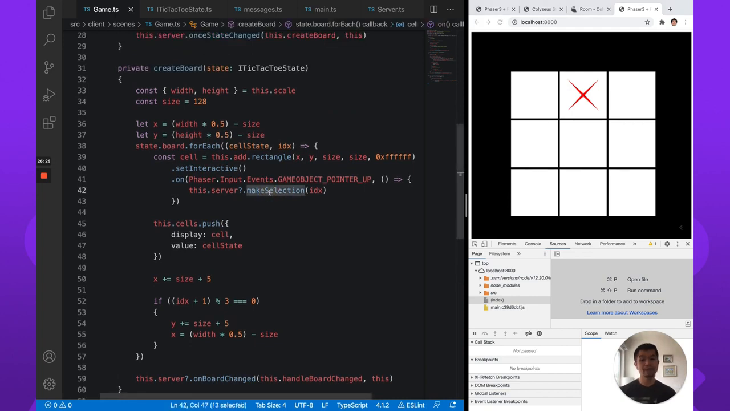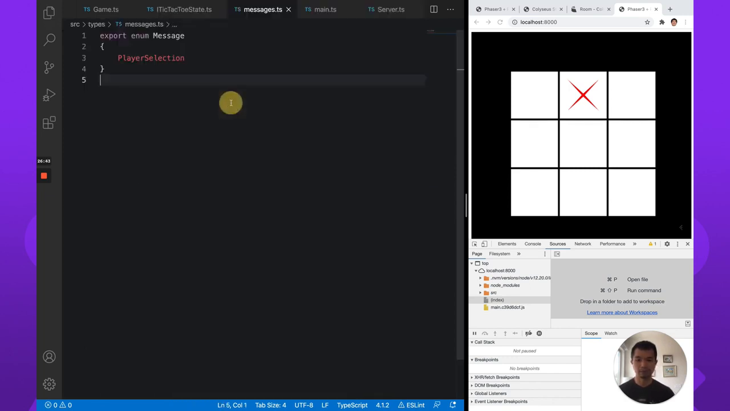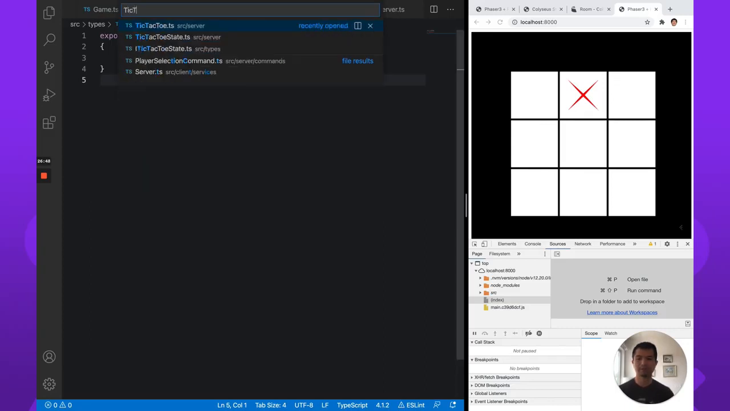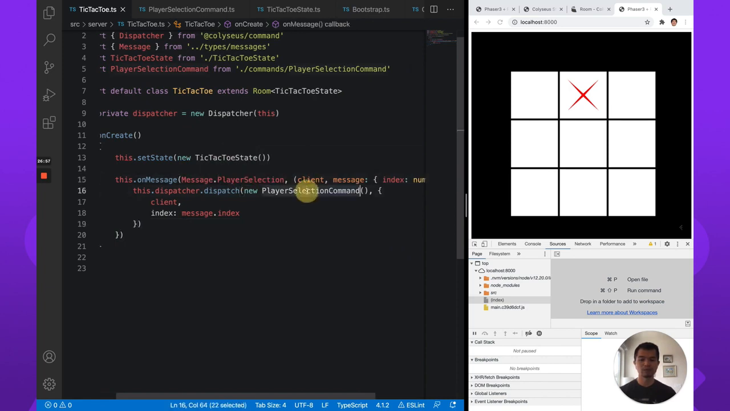So we do that in make selection when we click on a square. We go to make selection in our server service here, which sends a message up to our server. The message is called player selection. And then on our server side, in our tic-tac-toe room, we listen to this on message, this player selection message, and then we dispatch this player selection command, which is to handle a player making a selection,